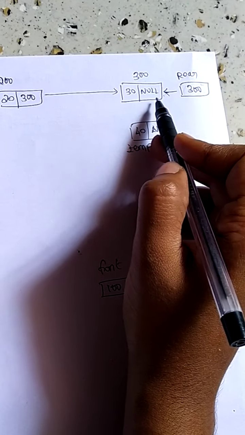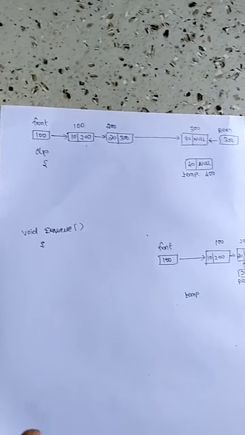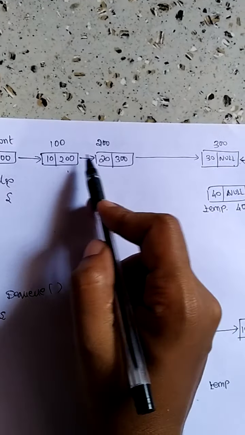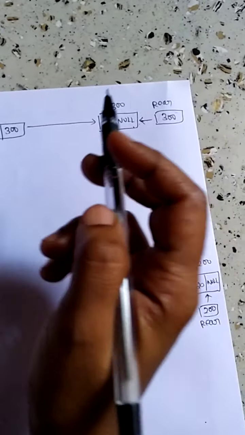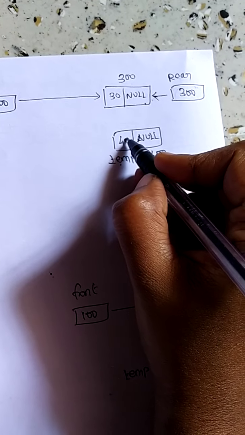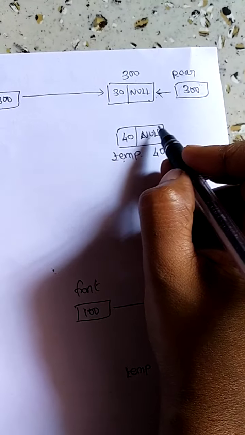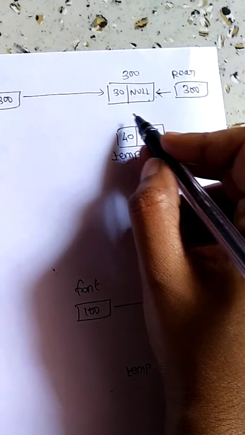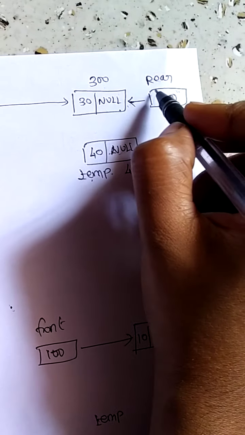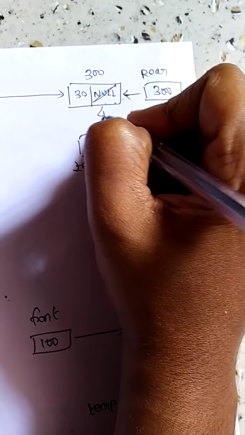So what are the changes I have to do here? In the else part, that is, if it has some elements. In the if part we have seen if the queue is empty. Here in the else part I am writing the condition for if it already has some data. I have to create a temp and put the data part and put the null also. So those things will be temp of data equal to data and temp of link will be null. Those things we have done already. Now what are the changes I have to do with these pointers: this null should be replaced with 400.